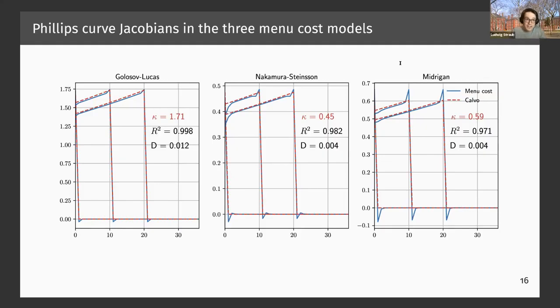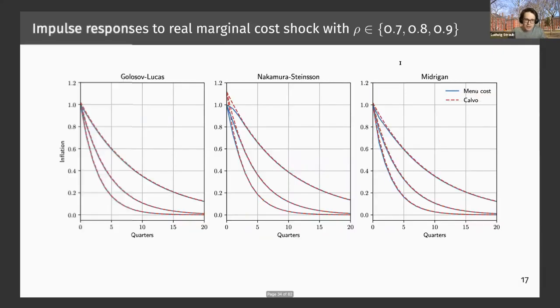And one way to illustrate that is you can take these Jacobians and just hit them with specific real marginal cost shocks. So imagine we have a marginal cost AR1 process with different persistence parameters, and when you feed that into these models, you see that basically the Calvo model that we pick as the best approximation gets all these impulse responses right. And so at the end of the day, if I want to work with these menu cost models,